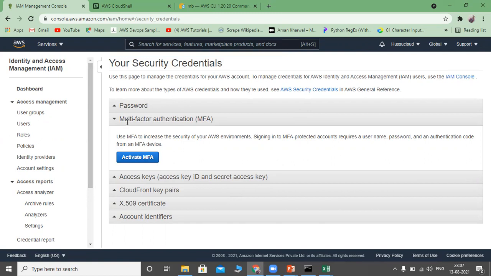So this is about identity and access management. By using identity and access management, we can provide authorization to access services of the Amazon cloud. The major elements in the IAM dashboard are user groups, users, roles, and policies.